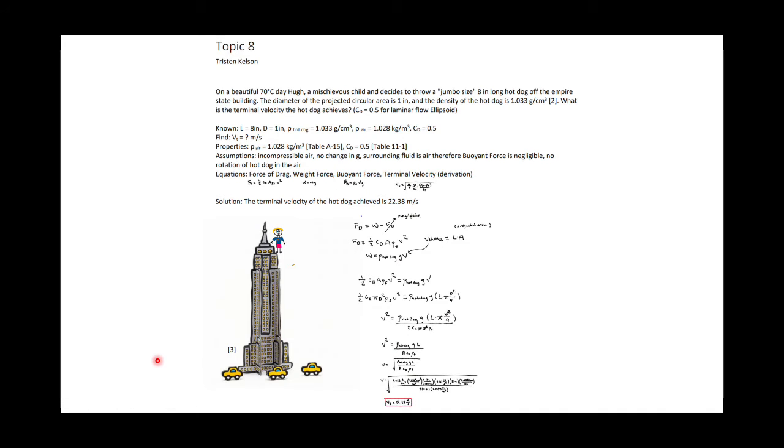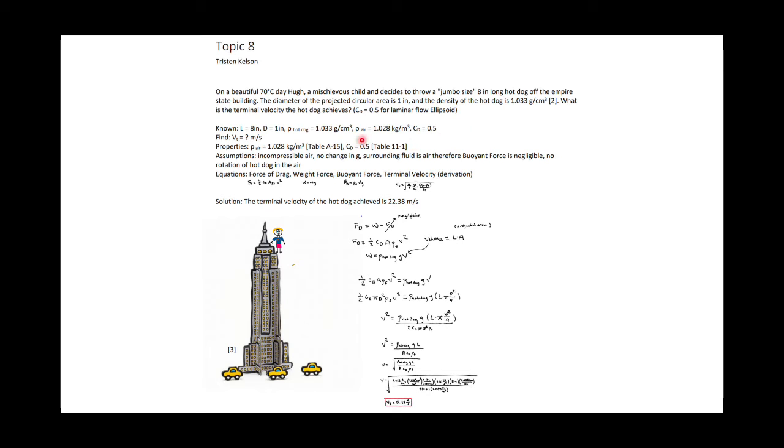Continuing on with topic 8, we are able to solve the following problem. A mischievous child decides to throw a jumbo-sized hot dog off the Empire State Building. The diameter is given of the circular area as 1 inch, and the density of the hot dog is given to be 1.033 grams per centimeter cubed. What is the terminal velocity the hot dog achieves? We are assuming that the CD is 0.5 for a laminar flow ellipsoid. We are given our known values as stated